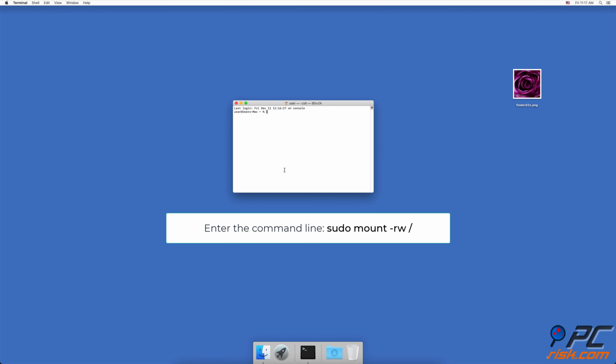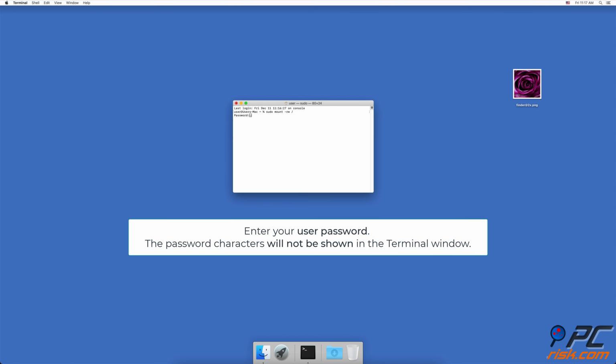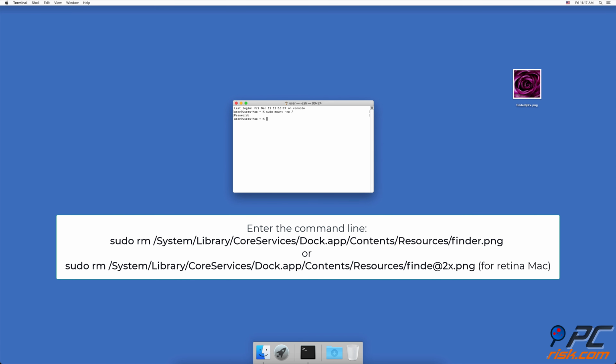Enter the command line: sudo mount -uw /. Enter your user password. The password characters will not be shown in the Terminal window. Then enter the command line sudo